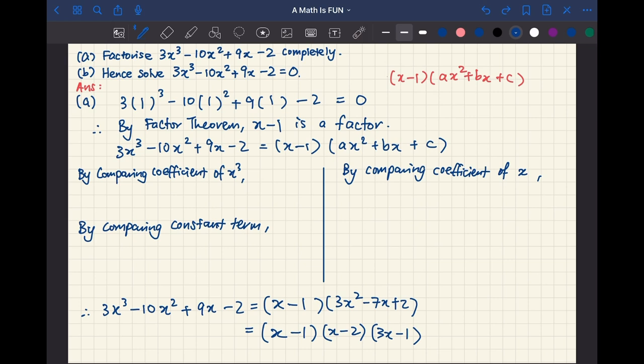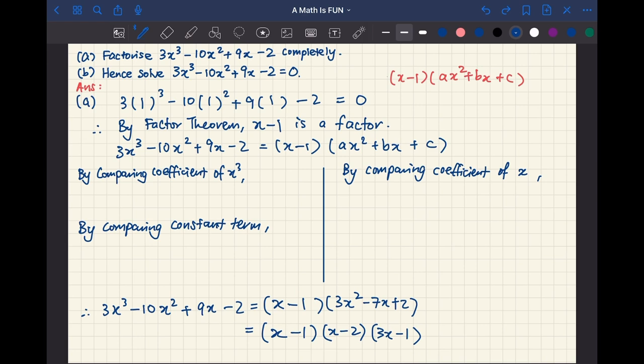Alright, so I'm going to express the original cubic polynomial as a product of x minus 1 times the general quadratic expression ax squared plus bx plus c. So obviously I'm going to have to find out what the values of a, b, and c are. The technique I'll be using is to compare the coefficients of certain terms. In particular, I'll first be targeting the x cubed and the constant term. In general, this is a good idea because these two terms are quite straightforward to